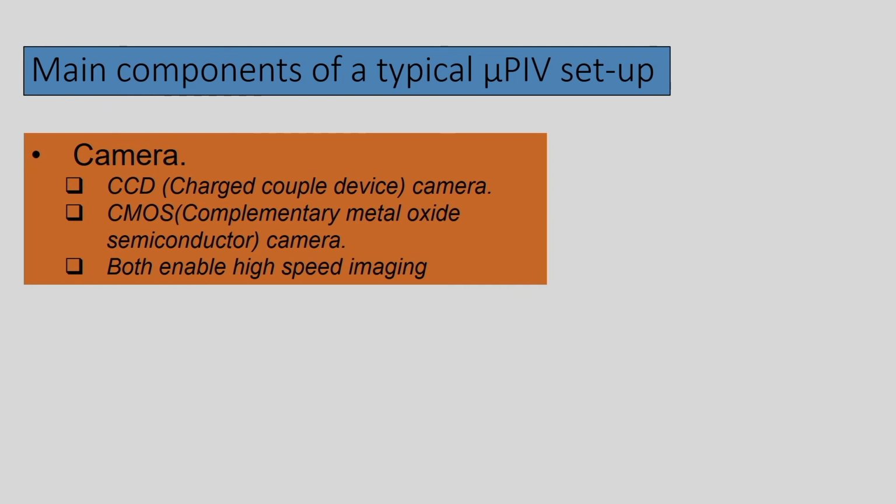Next, if we try to recall the schematic, the main components of the setup are, one, the light source, and finally we need to capture images, and from the captured images, through the post processing algorithm, we can numerically predict the flow parameters. To capture the images we have a camera. Now we have the CCD camera, that is what I have discussed in the last class, that is charge coupled device.